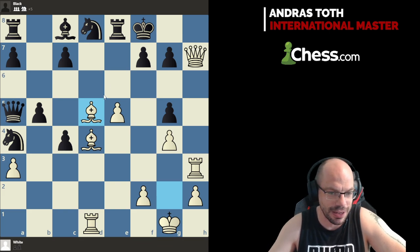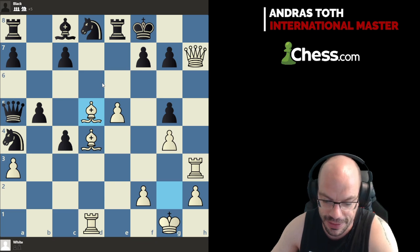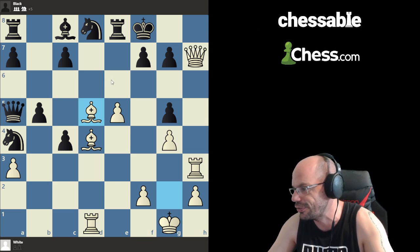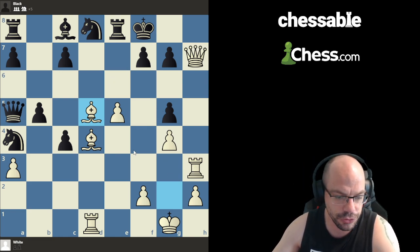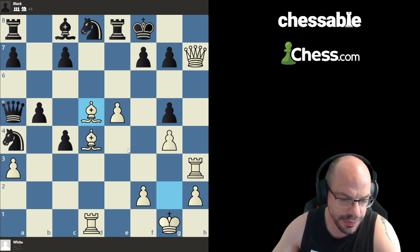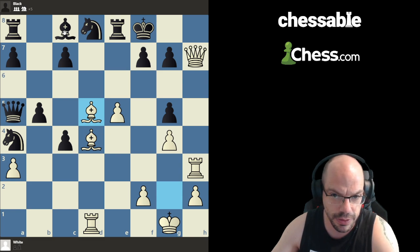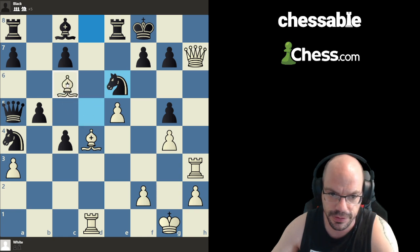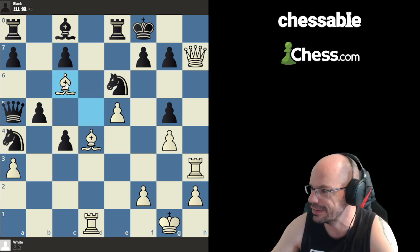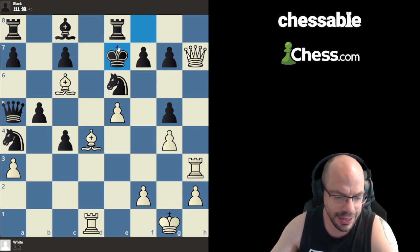The most beautiful line is actually provided here in the book, and I'm going to show you this because this is nothing short of absolutely sensational. Tisdall-Agdestein, the coach of Carlsen. So the most epic line is going to go with knight e6, I think, here. Bishop c6, yes, that's right. Bishop c6, watch this. King e7. And here we have...